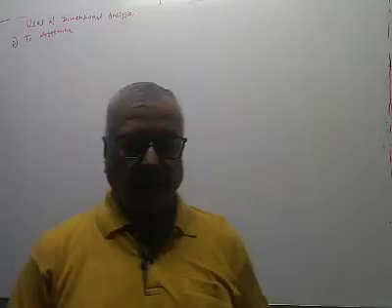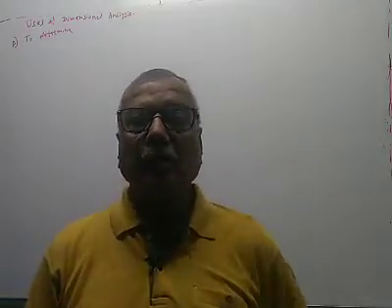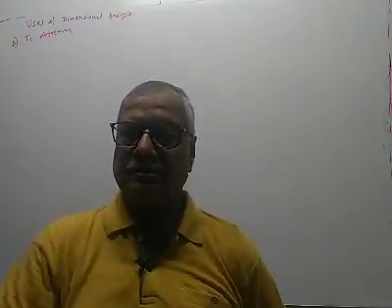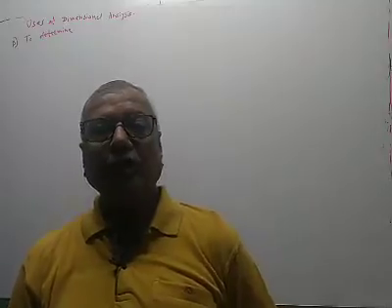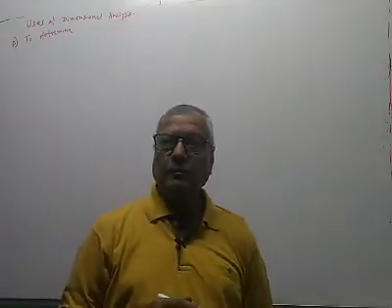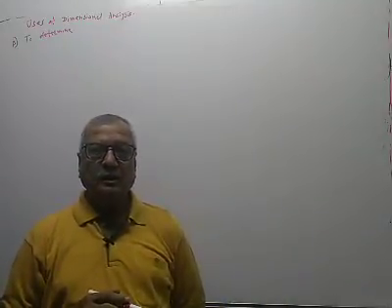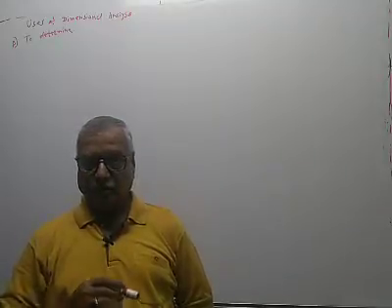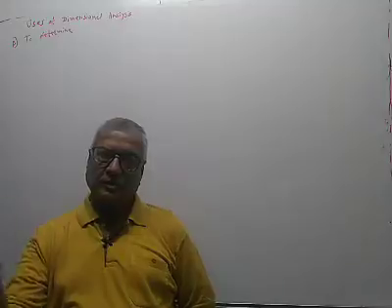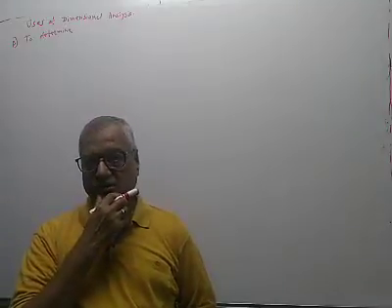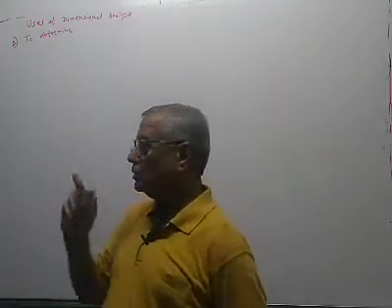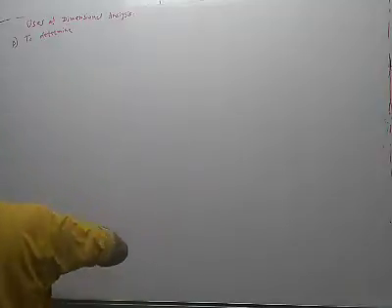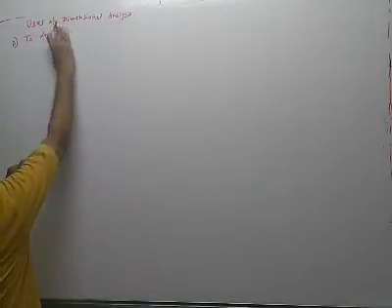Okay, let us see the next second use of dimensional analysis. The first use we have seen last time, and it was about checking the correctness of the given physical equation. So whether the given equation is correct or not dimensionally, that we can check. Now this is the second use: to determine or to derive